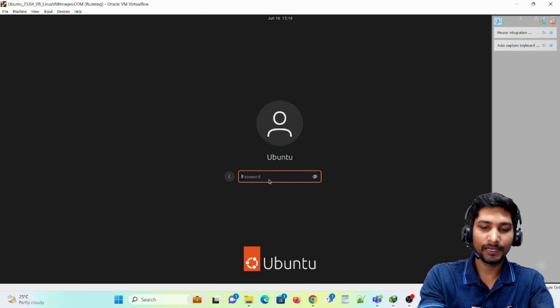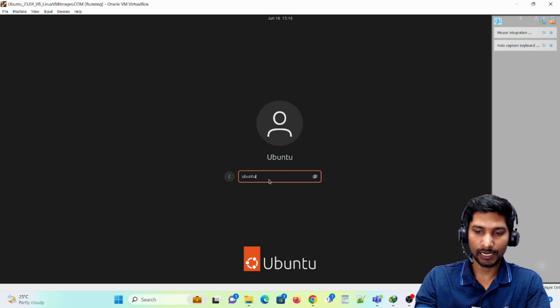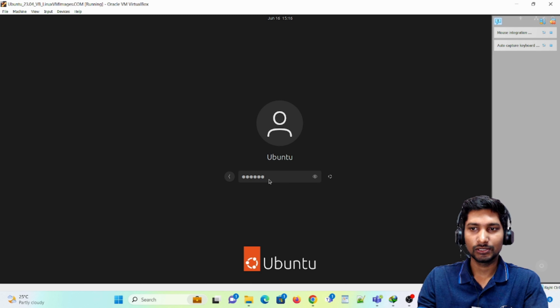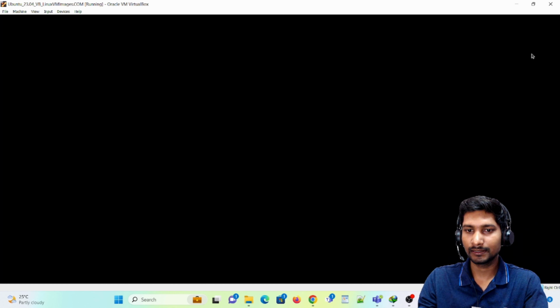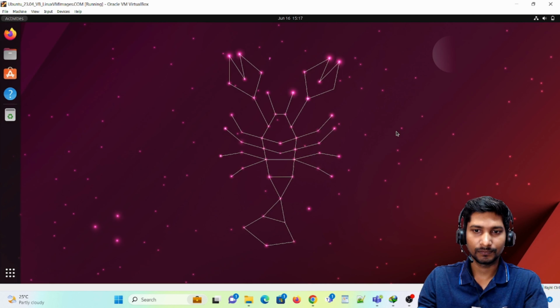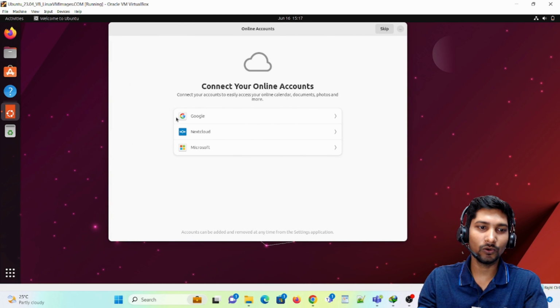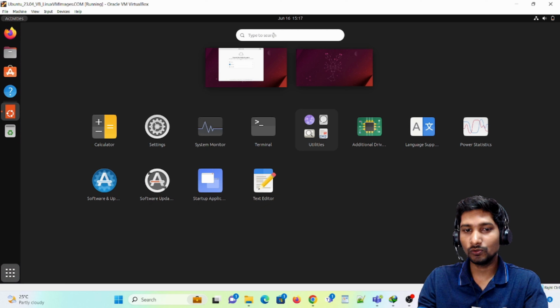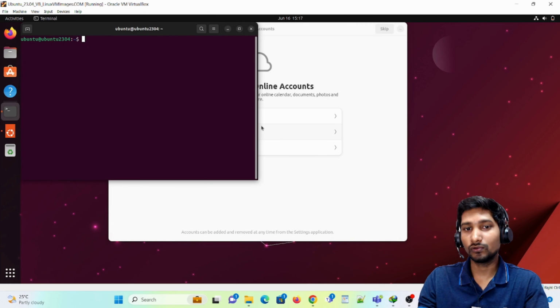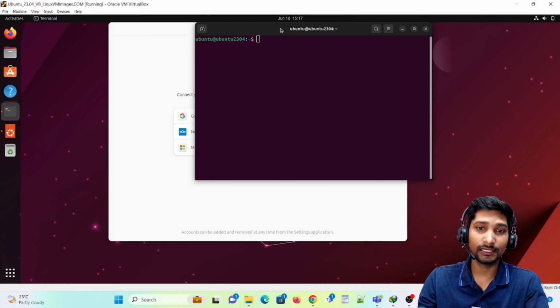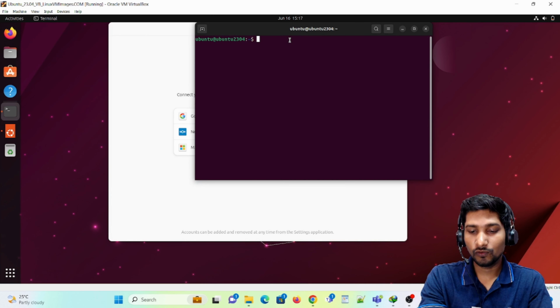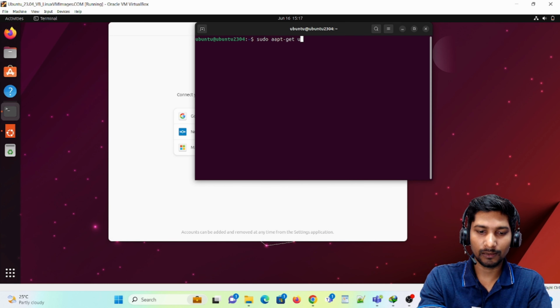So let me give the password here, ubuntu, and hit the enter. So now I hit the enter. Let's wait for a couple of seconds. Now, so you can see here that this is the screen of Ubuntu and you can directly go into the terminal and you can use it for whatever you want to do. If you want to do some hacking, if you want to do some other activities, so you can do it. So if you want to update or upgrade it, so just write sudo apt get upgrade,